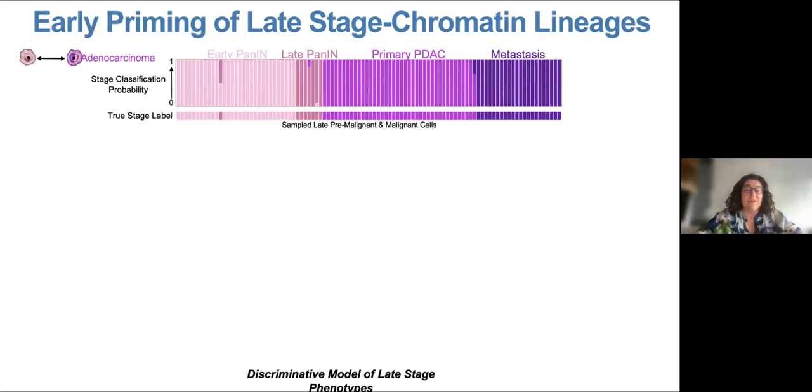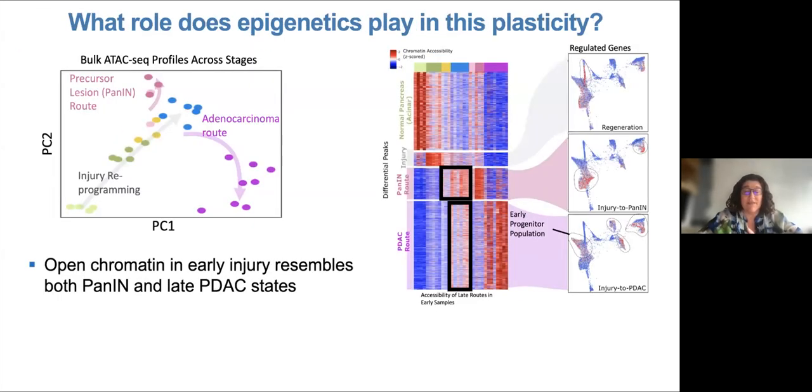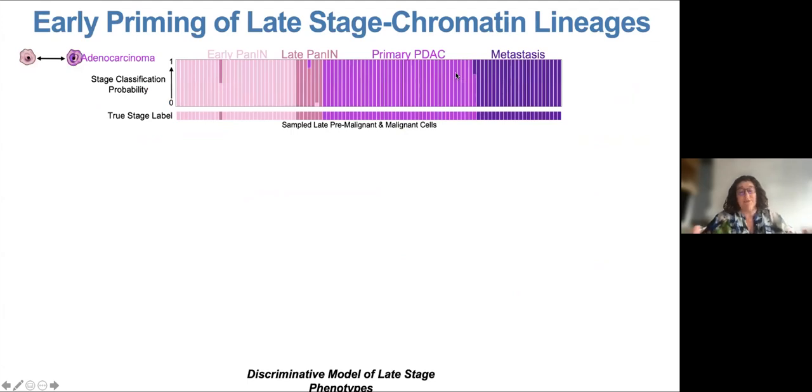So we wanted to look at this further and see what's going on in early stages, what's going on in the blue. So we decided to use one of my favorite tools, classification. And we built a classifier which says, okay, let's look at the expression of a single cell and tell me what stage it came from. Is it a pannon, or is it a primary PDAC, or what is it? And we saw that it's a very easy classification problem, and we had almost perfect recovery in our test sample.